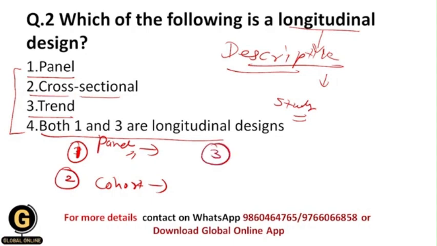Now the third study design is the trend study design, in which we focus on the same population of people, using opinion poll surveys to look at their attitudes over time. So basically we provide the polls, and from the polls we get the opinions from the participants at a specific time or over a period of time from the same population. That is nothing but the trend study, and that's why your correct answer should be 4, because here panel